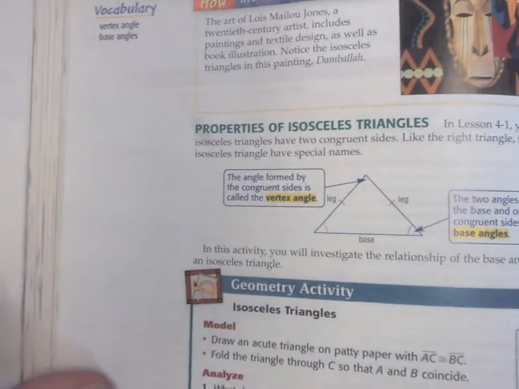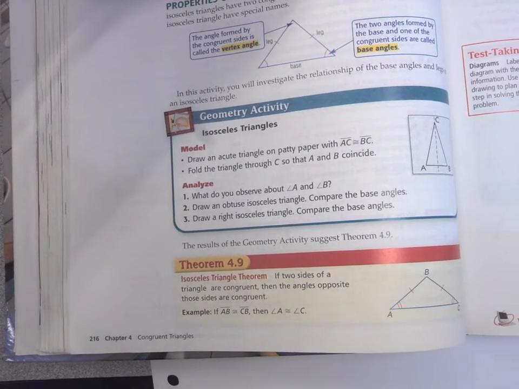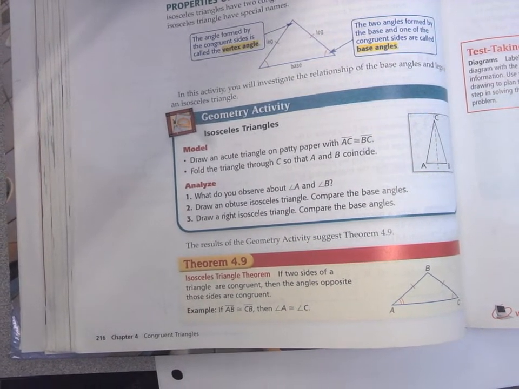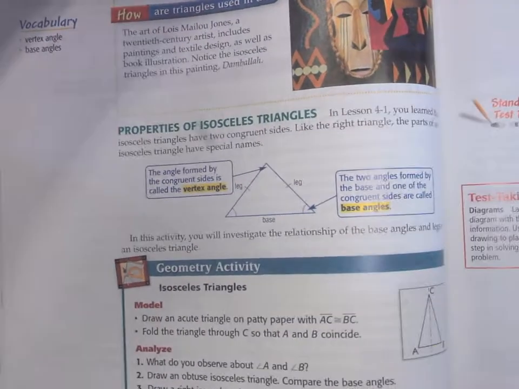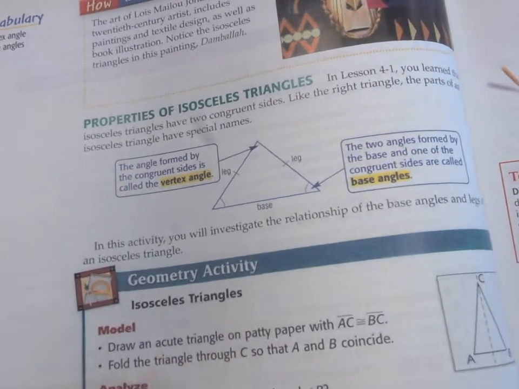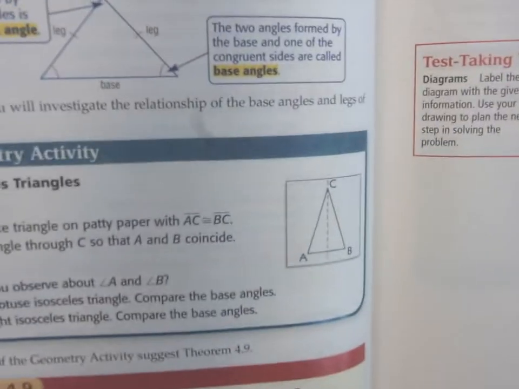Okay, and this is what it looks like. It says if two sides of a triangle are congruent, then the angles opposite those sides are congruent. Now notice, if you have two sides of a triangle congruent to each other, you essentially have an isosceles triangle. Okay, so what it's saying is,